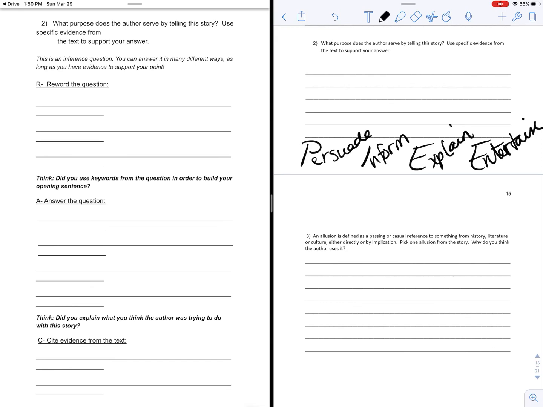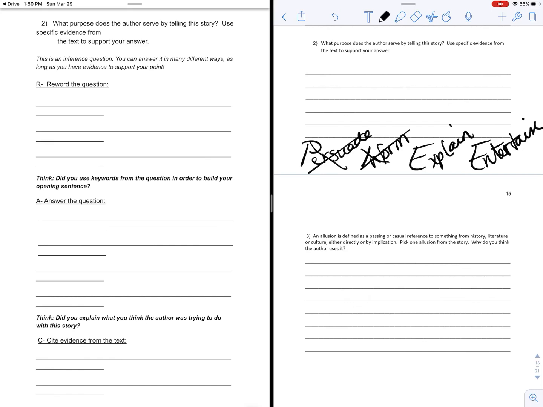that Neal Shusterman isn't giving you a ton of factual information. He has some allusions in there that are fact-based, but other than that, he's not really working with us to inform, right? Is he trying to change your mind about something? Not really. I mean, ice cream is good. We can all agree to that, and I don't think anybody's trying to argue that point. So that would do away with that, okay?